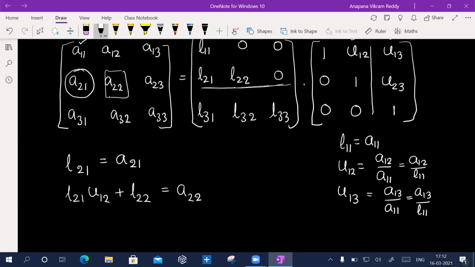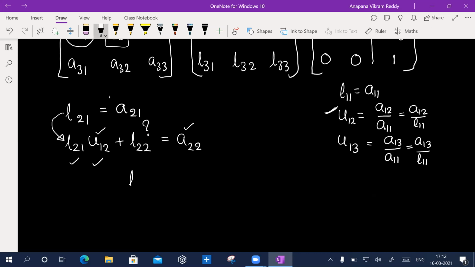We're going to find L22, right? Because I know my U12, and already I found L21. I know L21, I know U12, and I know A22. Now can I find L22? Yes, we can. So L22 is equal to simply